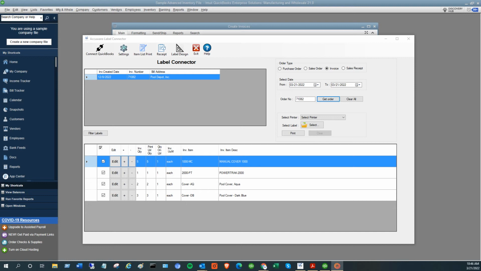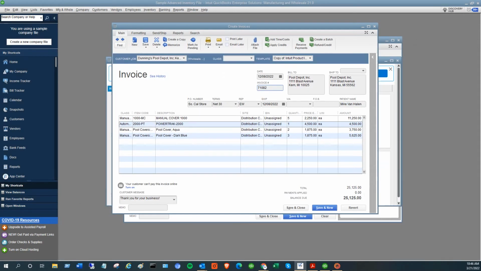Okay, quick video here on doing box counts. Box counts are when you want to have some labels say like 1 of 3, 2 of 3, 3 of 3 on the label. And there's various ways that you might need to do this, but I'm just going to cover one example here. So we've got on the screen here an invoice